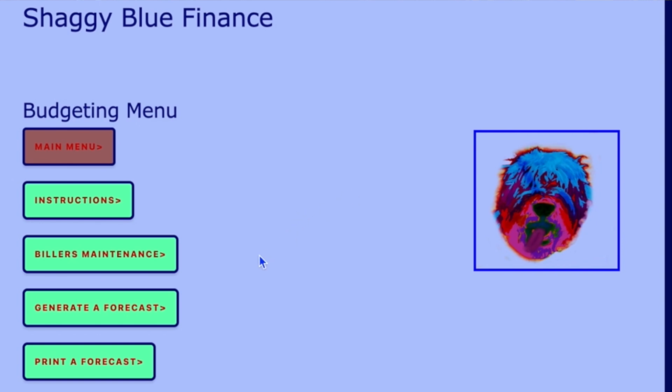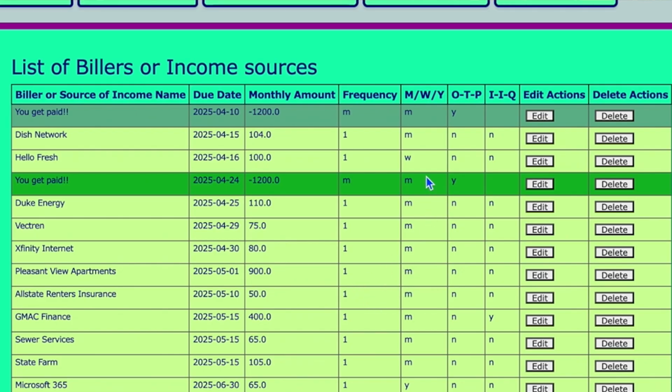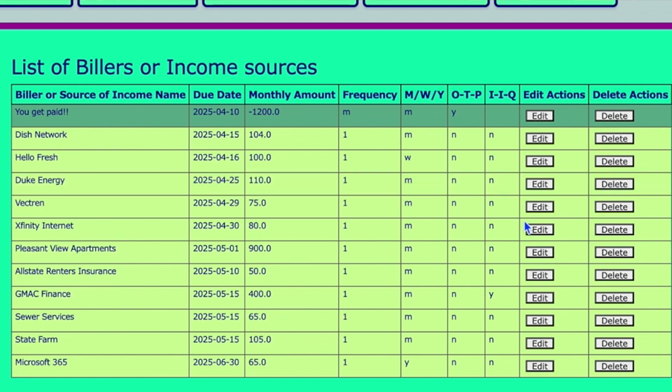Debts, we want to go into biller's maintenance. This is anything that you're going to be paying out. And this is one that I had used in the past. So we can start with these and see what it looks like. This person,